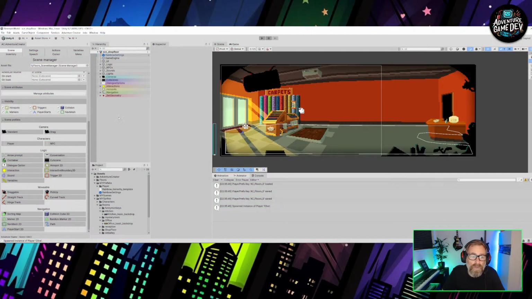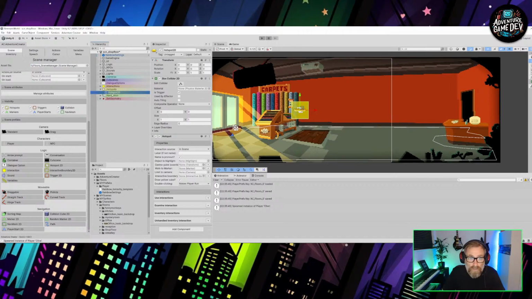So to do those interactions, you use hotspot 2Ds for like a 2D game like this. So I'm going to create a new hotspot 2D. It will appear in the hotspots menu. You can select it. I recommend giving it a name straight away. So let's call it, again, naming conventions handy, exit underscore office or to office. Exit to office. Sometimes giving them really specific names is handy because you'll see their names in actions later